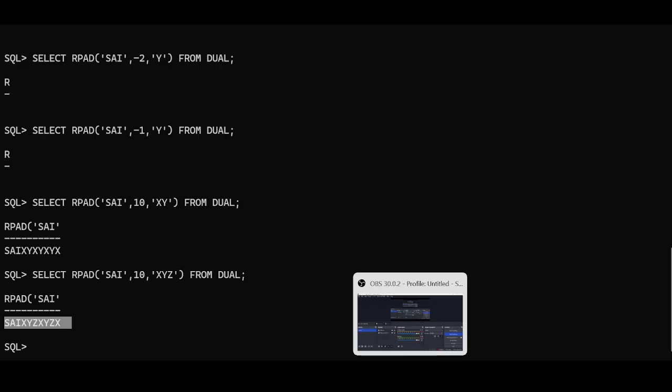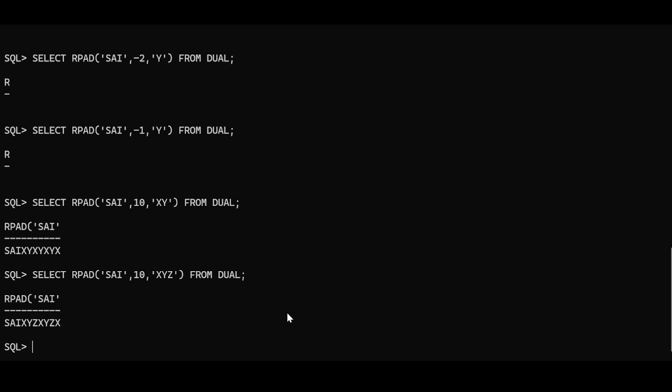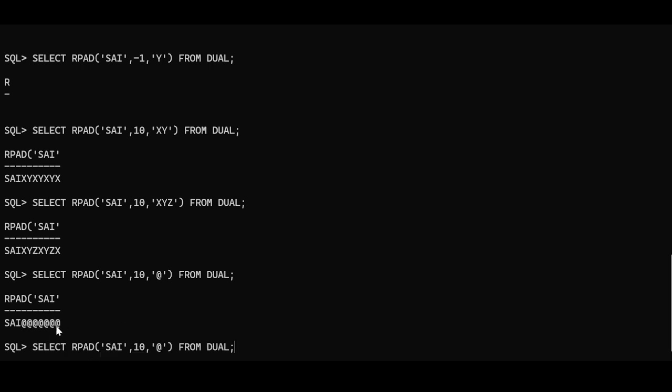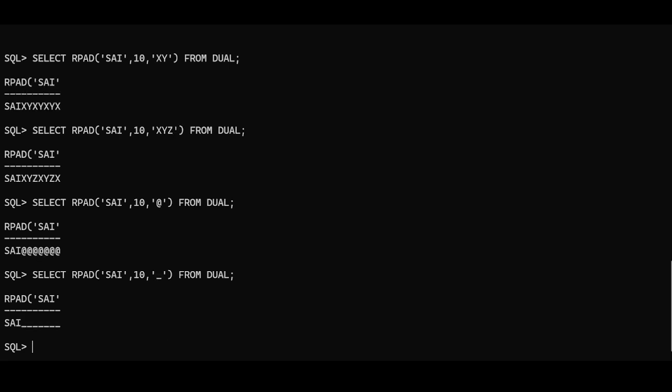These things will be great. You can include not only characters, you can also define special symbols like the underscore symbol, the at the rate symbol. So by this we can conclude that we have completed the